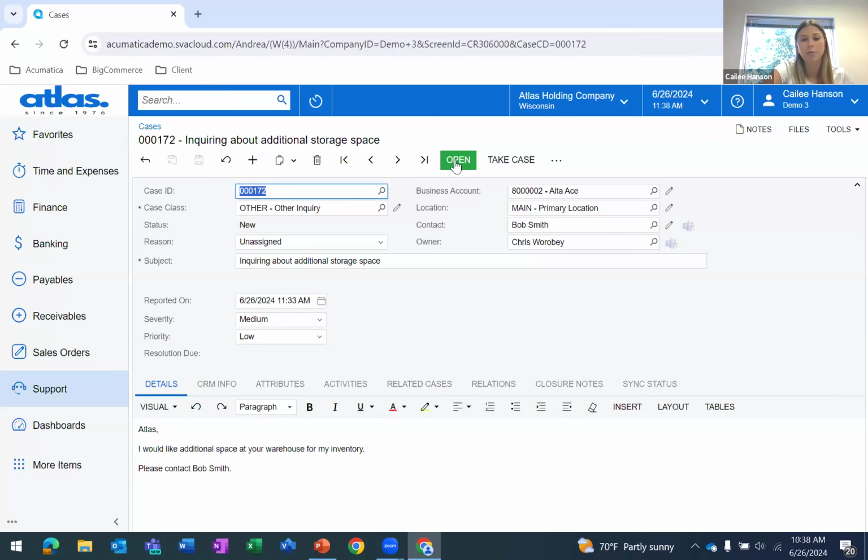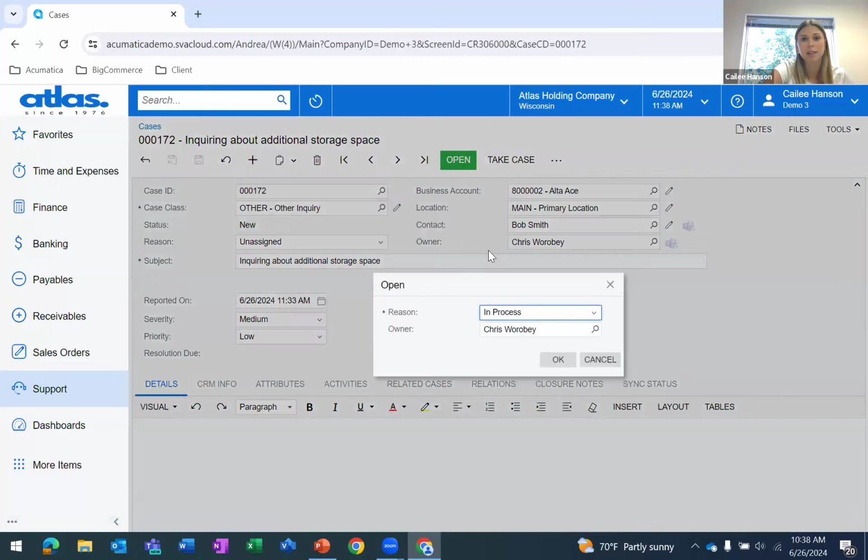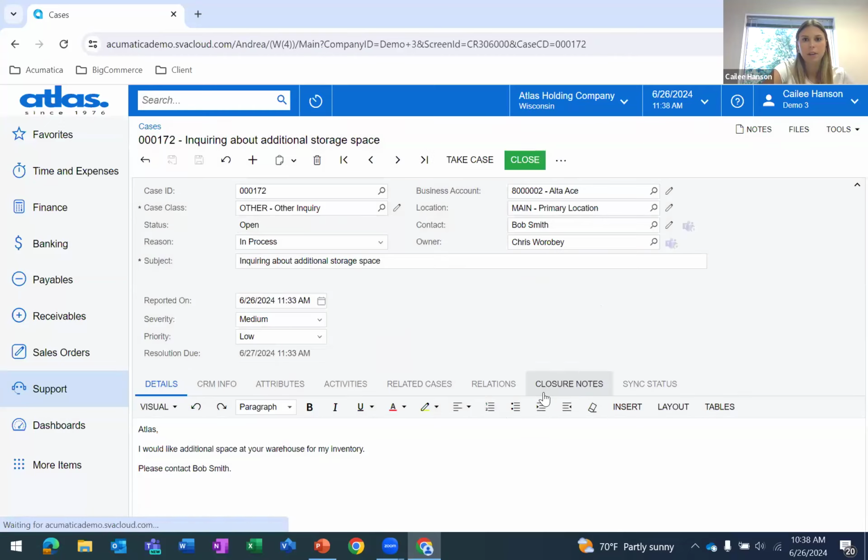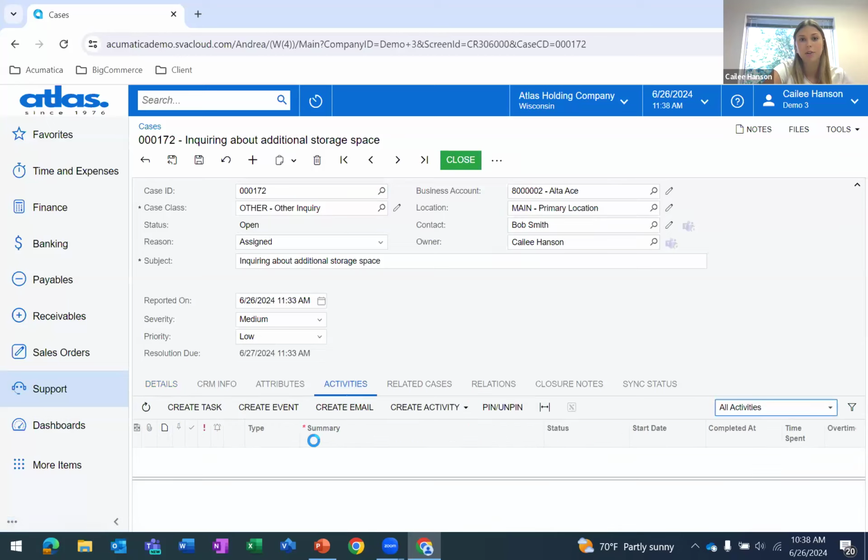And then I could go ahead and proceed with this case and create additional comments and activities against this case. So I'll assign this case to myself. And then it's important to note that as I'm adding activities on different records, whether it be a case, an order, whatever that may be, in this case, if I'm adding activities on this case in general, those updates will be populated for Brady's